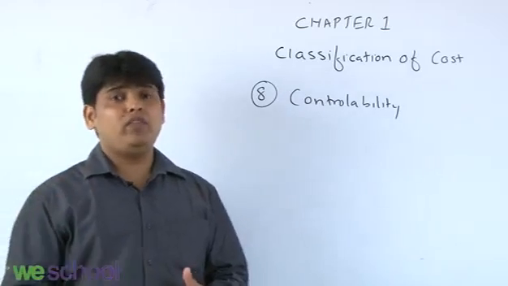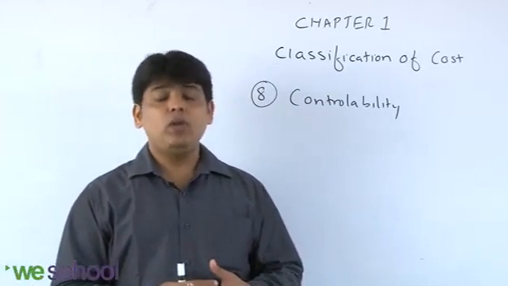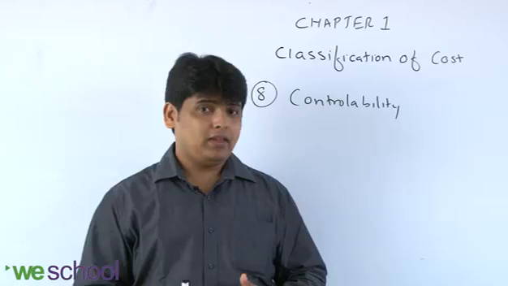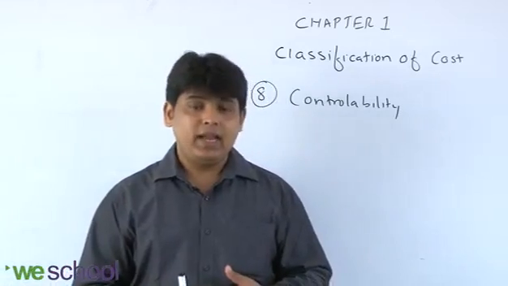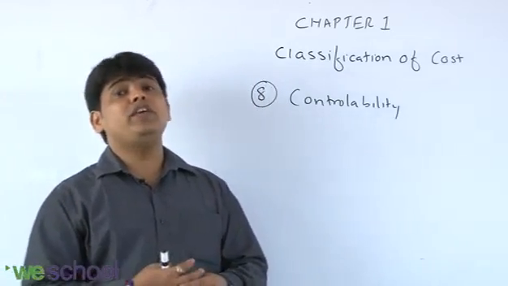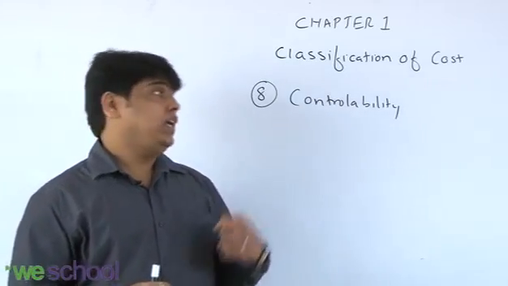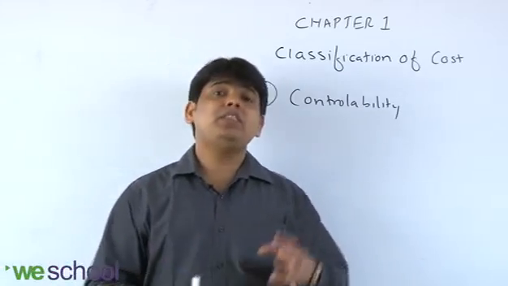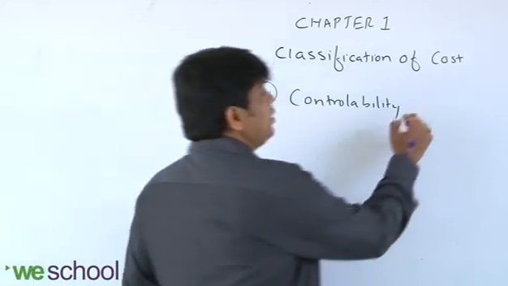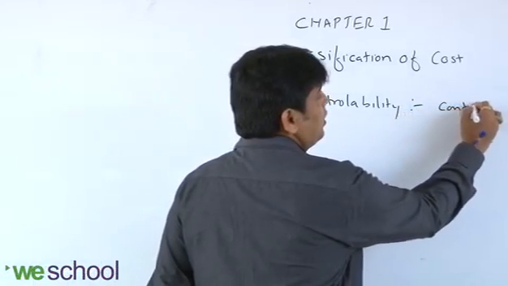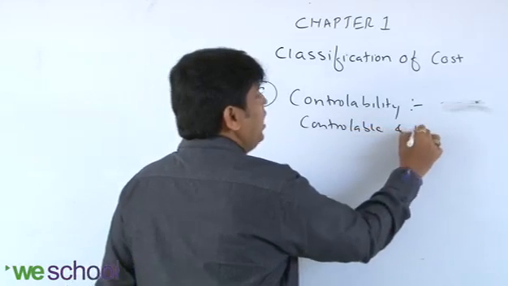I may go to a supplier who provides me a huge discount at a particular volume of purchase. I may search for such a supplier who gives a discount at a particular level of purchase volume. In this way I can reduce the wastage by training my workers so that the material will not get wasted. So all variable expenses are controllable expenses and all fixed expenses are uncontrollable expenses. On the basis of controllability: controllable and uncontrollable.